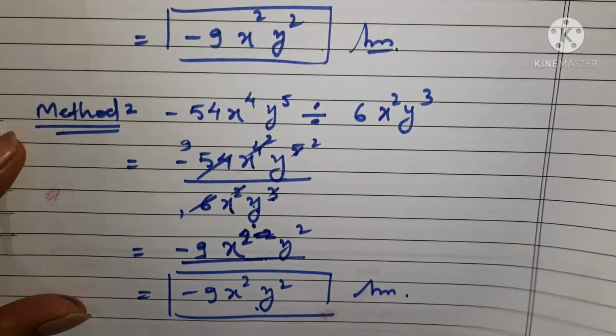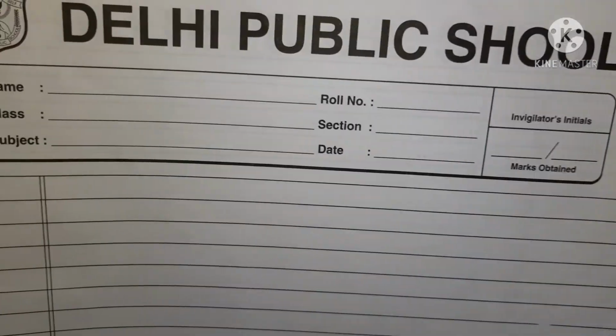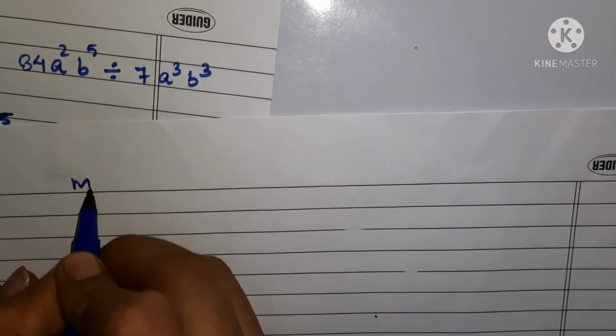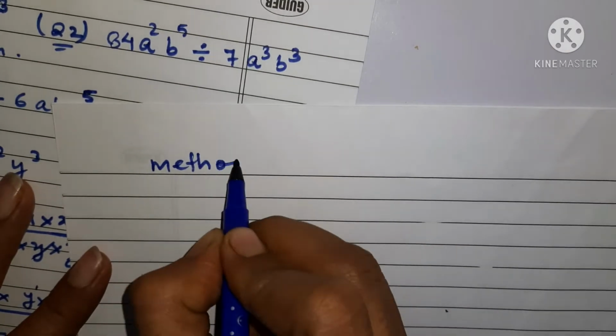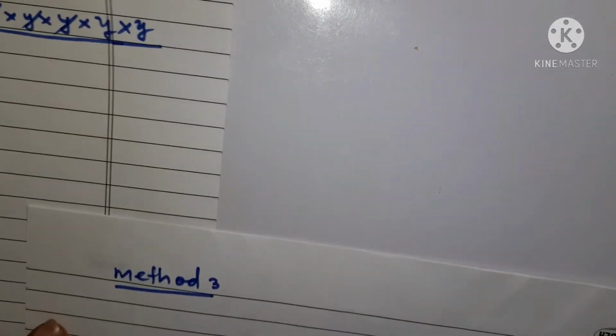Let us try to understand what is the law of exponent. We'll try to do the law of exponent. Let me note down the question first. So the question is, this is the third method, where we are going to use the law of exponent. So method 3 is